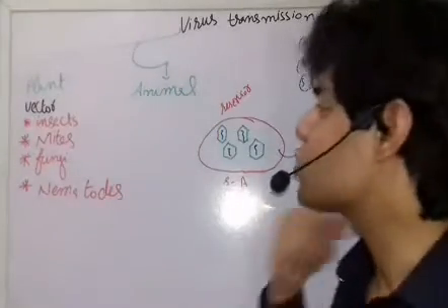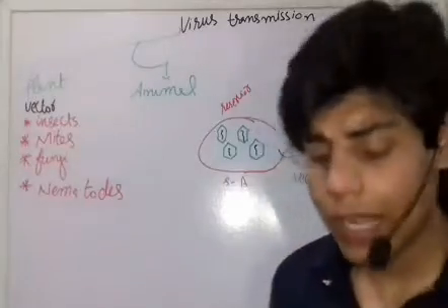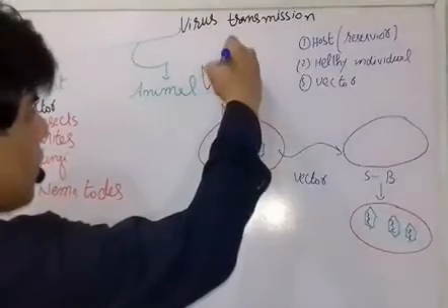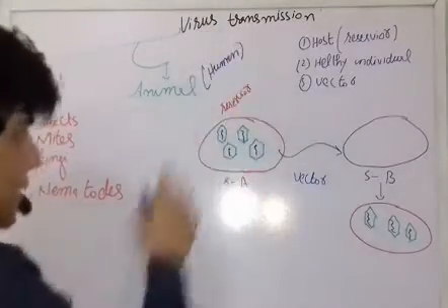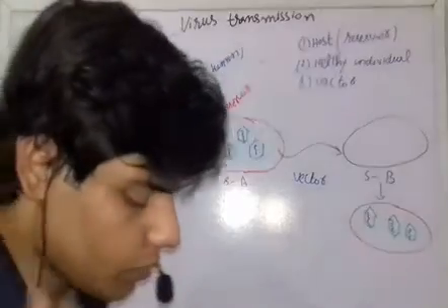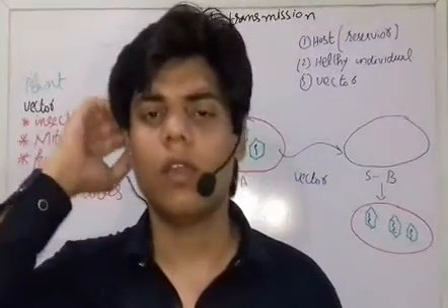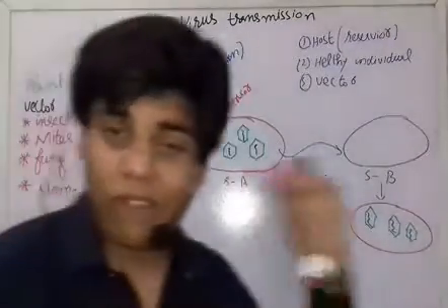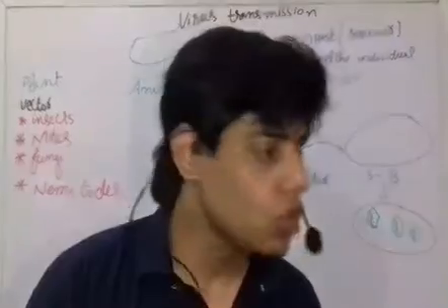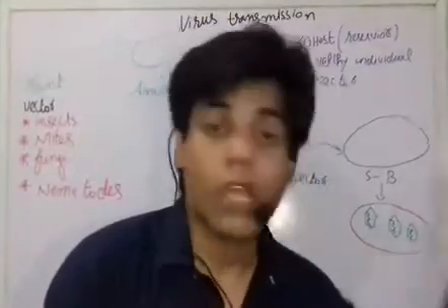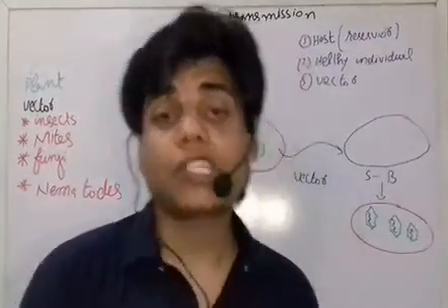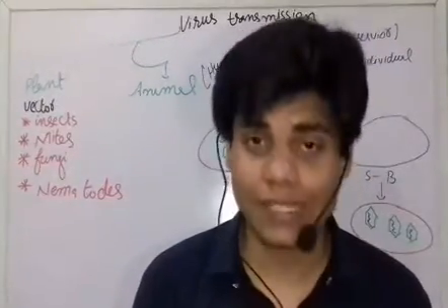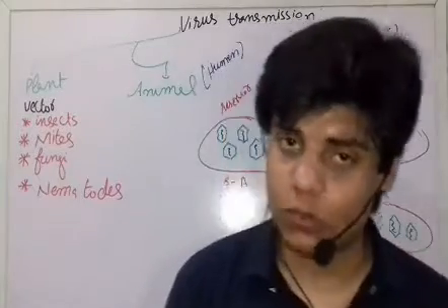Fine. Last, we have the animal. In animal, we also mention the example of a human, because scientists say that a human is also counted as an animal. Fine. So how can the infected human carry the disease or virus infection to the healthy human? It is transmitted through air, food, water, sex, or through vectors as well. So let me write.